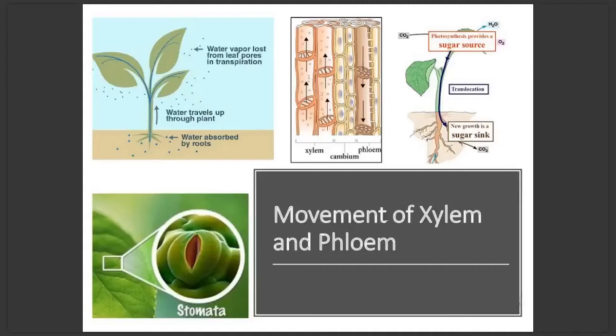Well, simply put, it enters the root, moves up the xylem to the leaves, where it evaporates through the pores or stomata. Now, the sciencey word for this process is transpiration, and that's when the water evaporates through the pores or stomata. So far, so simple. How does it actually happen? Well,